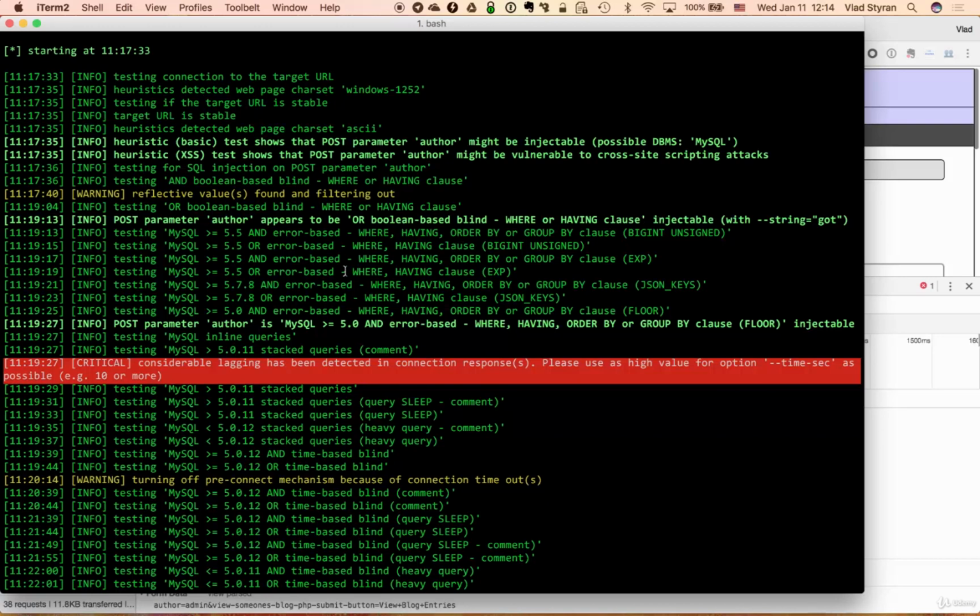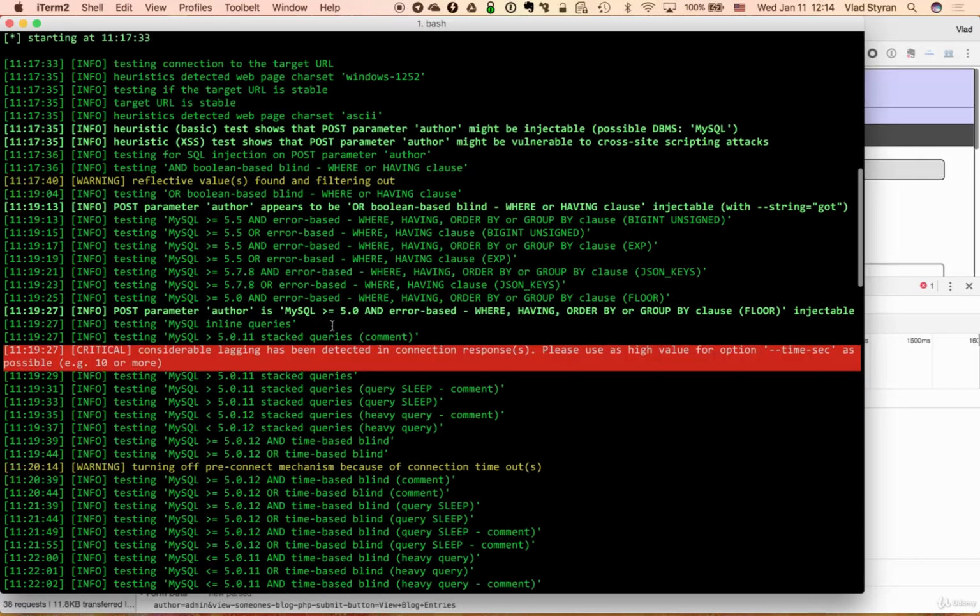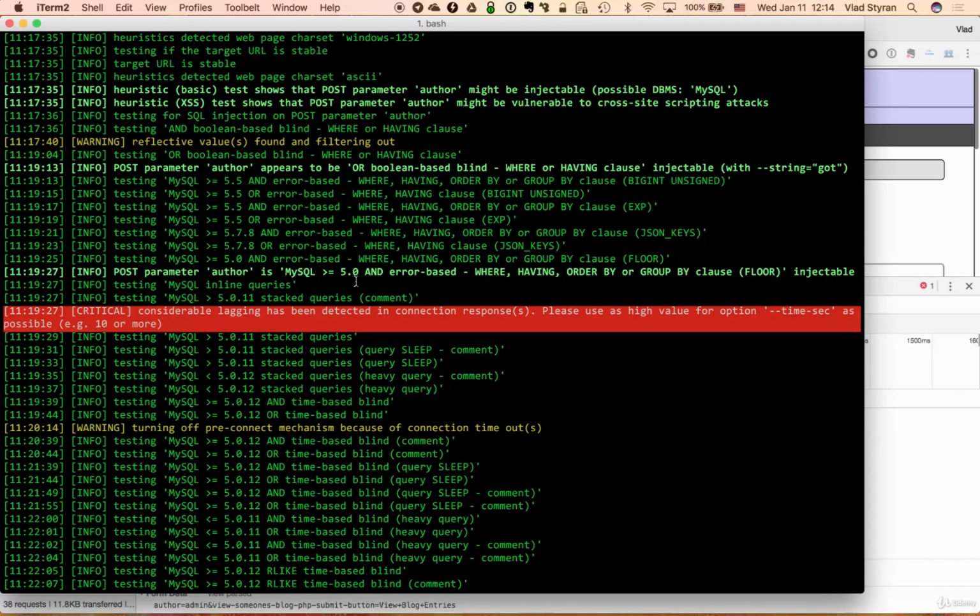But at this point, SQL map doesn't stop. It tries other techniques just in case there are some more simple or effective or efficient ways to inject the parameter. So it finds another one, error-based, yeah, where having order by a group by clause,